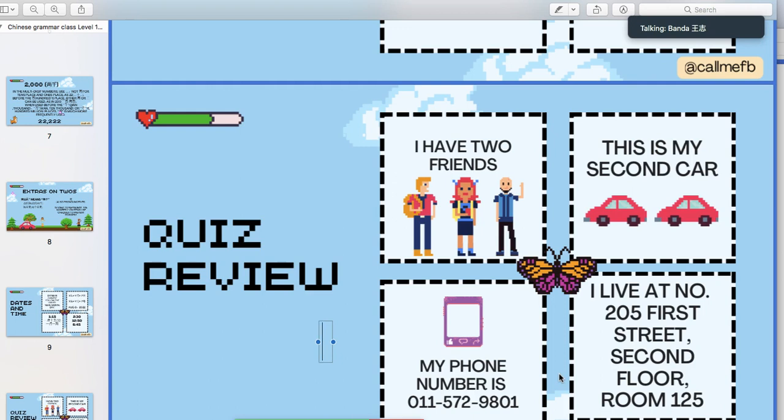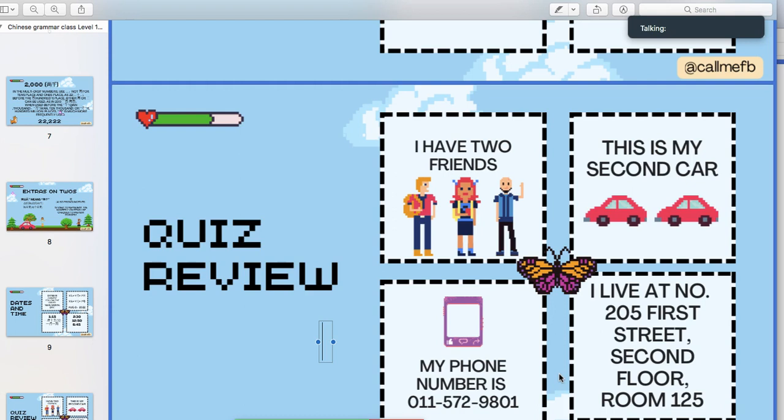Now you are going to do the numbers which we did today, so yours is the easier part. 我住在255